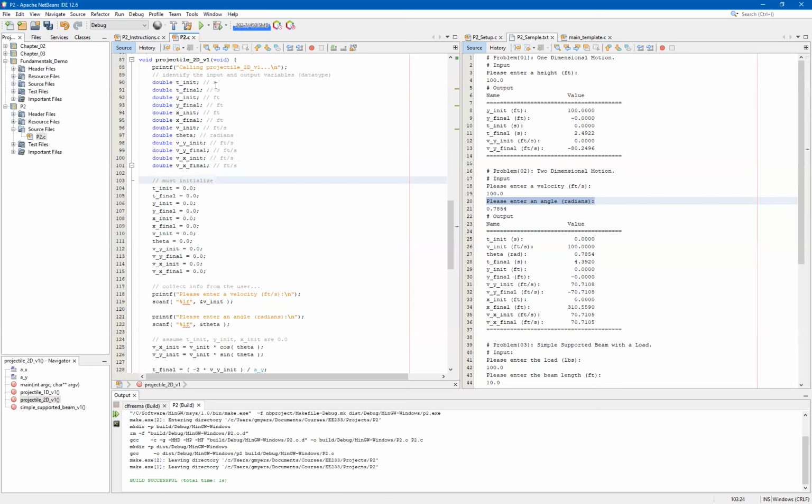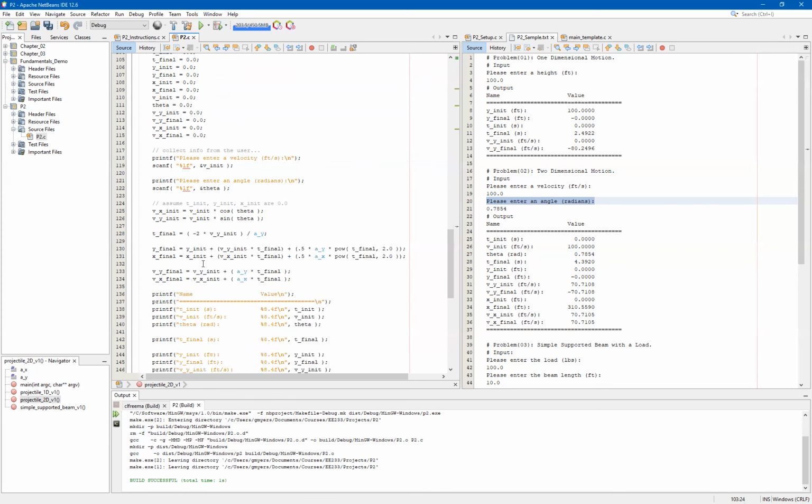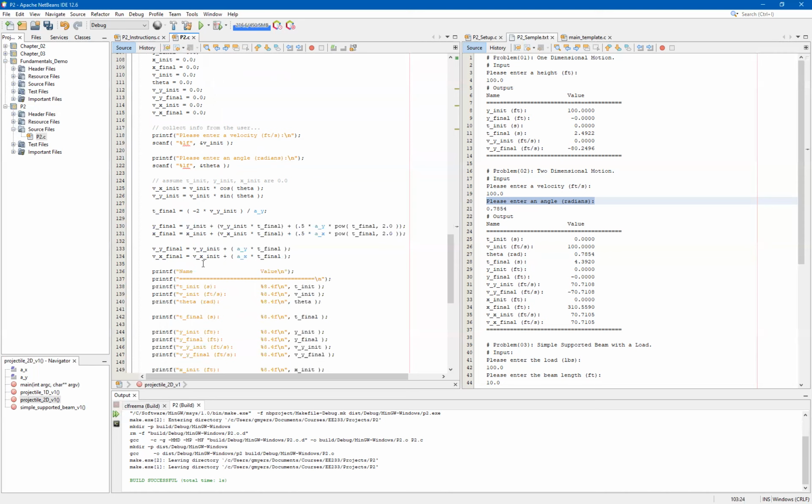Now, I've gone ahead and initialized all of my variables to 0, even though some of them we are going to be capturing from the user. Once again, just good practice. At this point, we'll follow the sample template, and we will prompt the user for both the velocity and the angle. And you'll notice that following each one of the print statements, there is a scanf that stores the value in the address of the appropriate variable. In this case, remember, that's what the ampersand is for. And in both cases, this is %lf